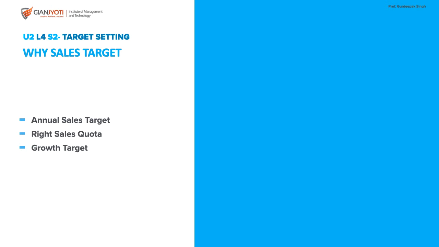So why do we set the sales target? As you know, we come out with the objectives, and based on those we come up with the strategy, and then the tactics, the 4 P's we discussed. So one of the things is you need to study the market and then come out with what will be your annual sales number. So that is the first thing you do,